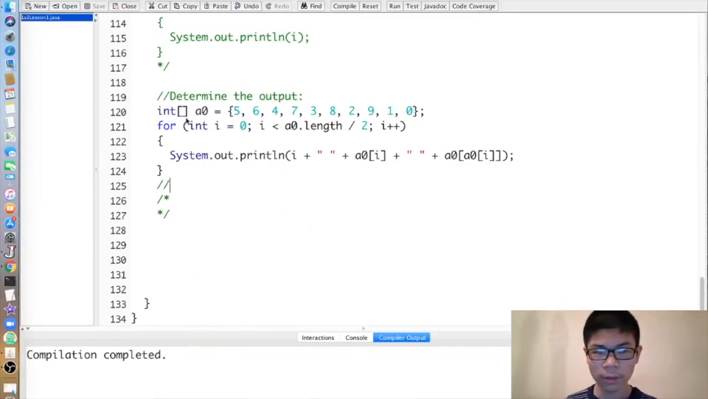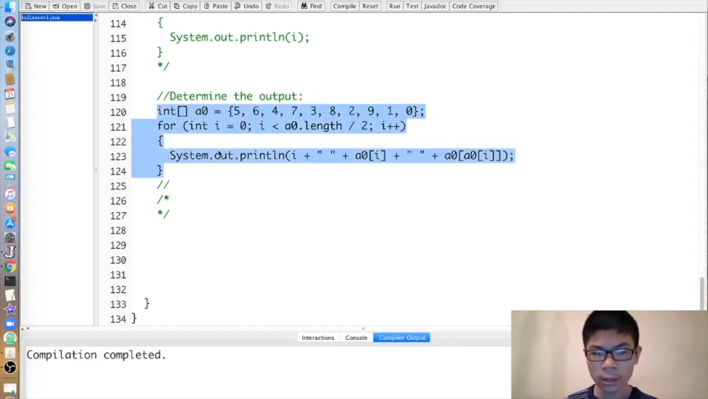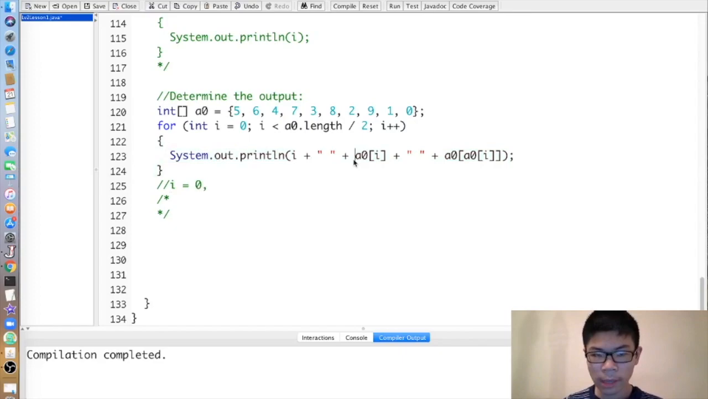Let's start with some review exercises. So first, determine the output of this. So first, when I is 0, we have that a0 of I is a0 of 0, which is 5. And then a0 of a0 of I is a0 of 5,